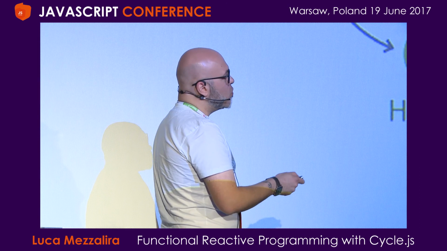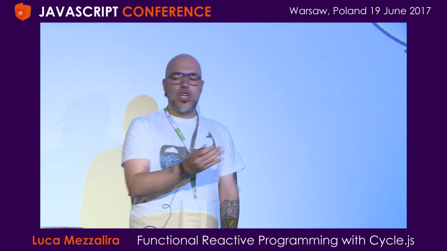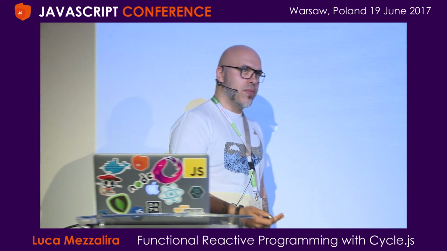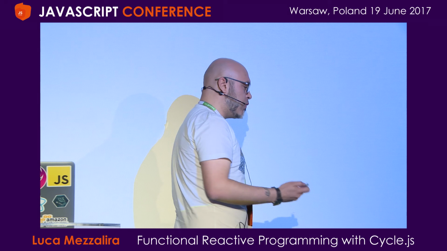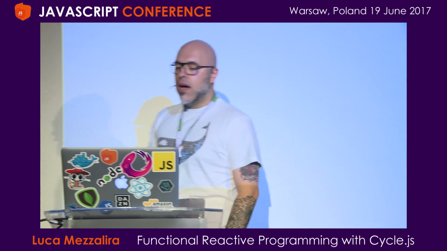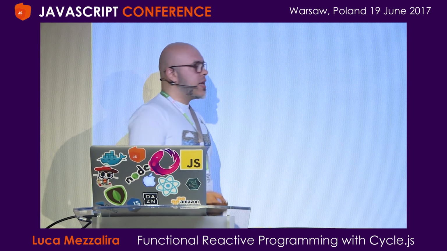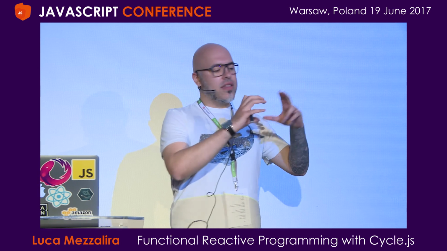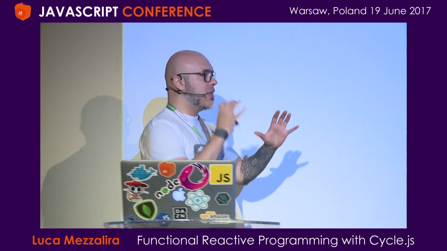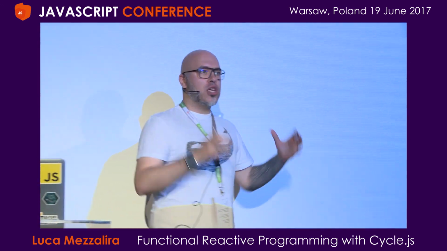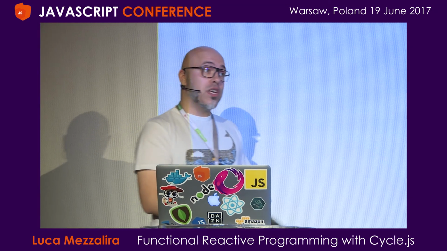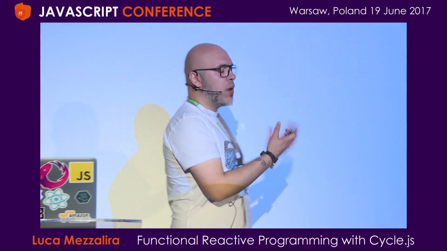If you think about that, it's a pretty interesting concept because no one is preventing us to create multiple of these applications. So potentially, with Cycle.js, you can create what is called a fractal architecture. A fractal architecture is a very powerful concept because it means we can replicate exactly the same architecture in any scale on the client in a way that it fits the components, and the entire application will look like exactly the same architecture, but it is composed by multiple of them. So potentially I can wrap my Cycle application inside the larger Cycle application and use the first application as just a component of the main one. And that's the power of this.